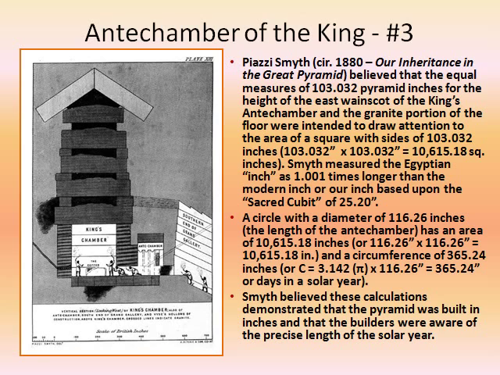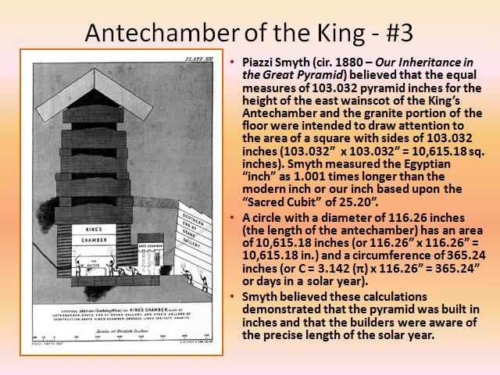The antechamber of the king. Piazzi Smythe, circa 1880, Our Inheritance in the Great Pyramid, believed that the equal measures of 103.032 pyramid inches for the height of the east wainscot of the king's antechamber and the granite portion of the floor were intended to draw attention to the area of a square with sides of 103.032 inches. That is, 103.032 inches times 103.032 inches would equal